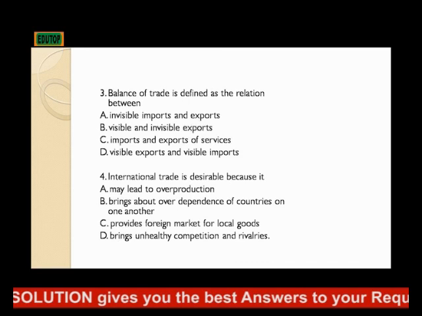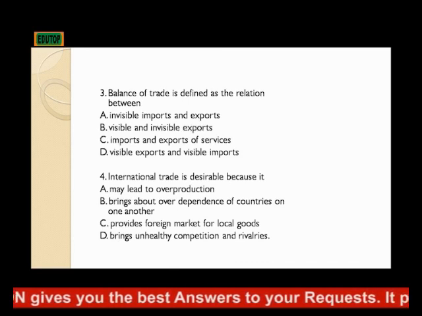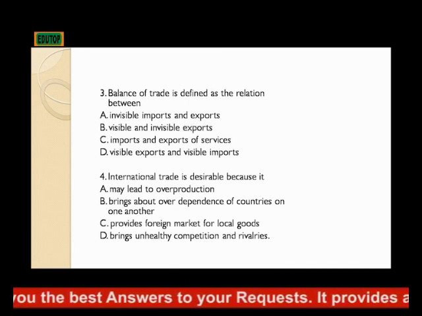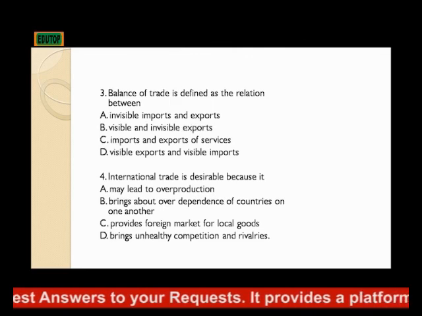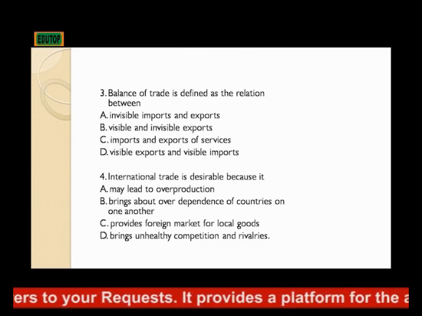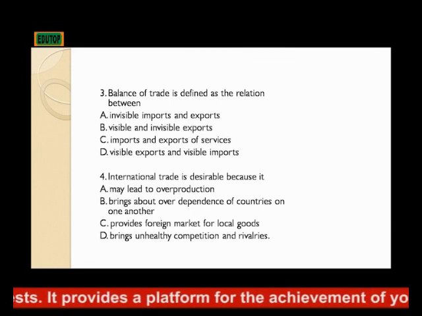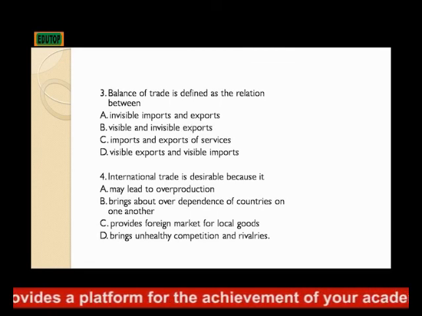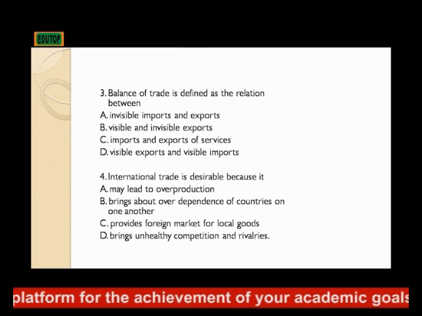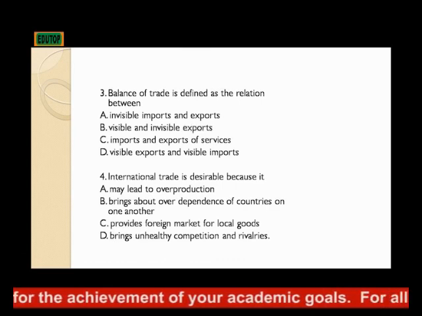Question 3. Balance of trade is defined as the relation between dash. A. Infeasible imports and exports. B. Feasible and infeasible exports. C. Imports and exports of services. D. Feasible exports and feasible imports. Question 4. International trade is desirable